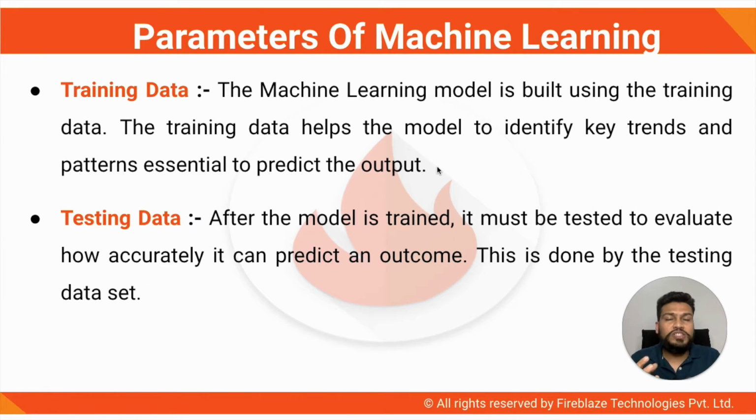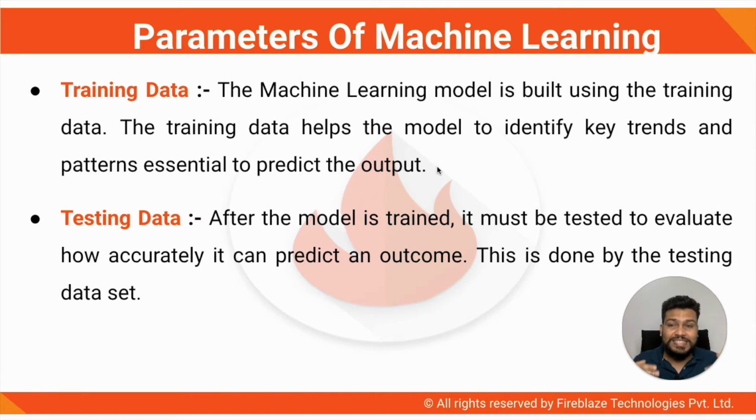Like you will tell the machine, okay, this is the number of years of experience, these are the previous projects worked on, this was the particular marks scored in graduation, and all of these things. And now you are asking the machine, tell me how much salary I should give. So the machine gives you an output, say 5 lakhs. But you already have the Y test value, which is say 10 lakhs. So your model is predicting 5 lakh, but you are telling that it should be 10 lakh. So 5 versus 10 is wrong. It should have predicted somewhere around 10. Then you would have said, okay, the model is working pretty well.